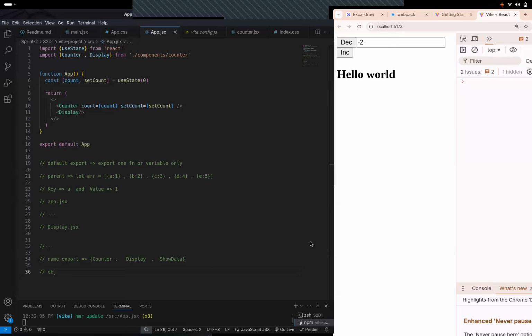During upliftment of updated data by using set data, will it re-render only the child function or both child and parent function? So you're doing upliftment, right? So let's say here is the parent and here is a child and here is another child. ठीक, इसमें एक state है and you're uplifting it in this parent. The reason to uplift a state in parent will be that parent को वो state use करना पड़ेगा, right?